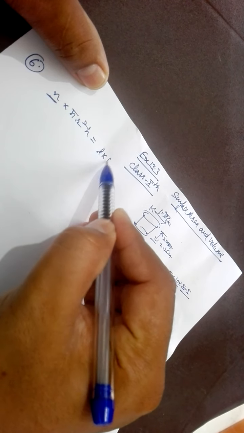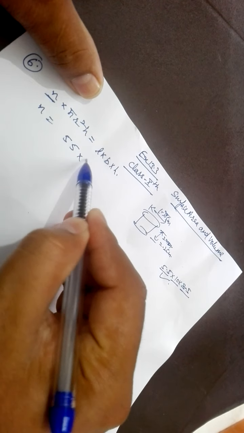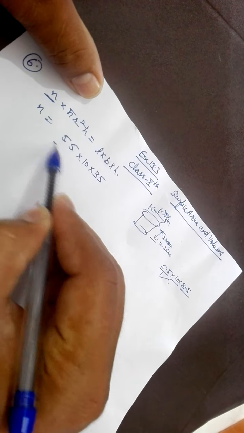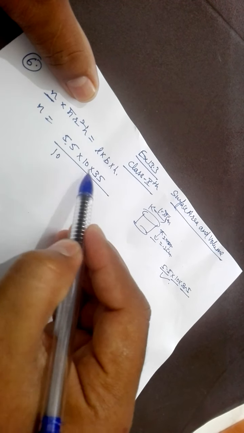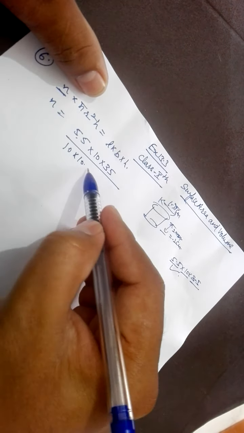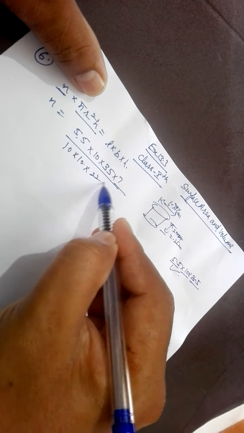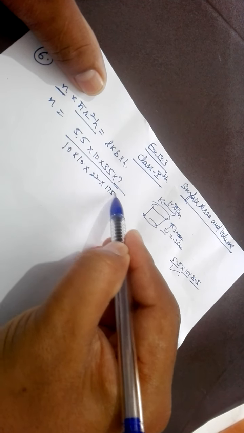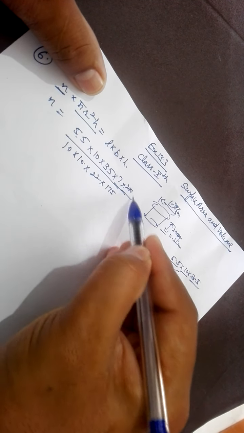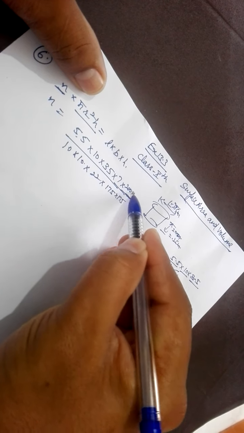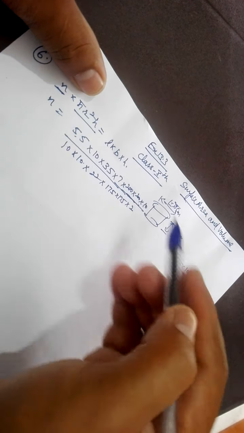Now what is the volume for the cuboid? L into B into H. N into pi r square h equals 5.5, 10, 3.5. Now for this 5.5 I write 10 in the denominator, and for 3.5 I write 10 in the denominator. Now what is this? Pi is 22 by 7. What is for R? 175. This is diameter 1.75, I write it 175 into 200. What is H? 0.2 centimeter, that is 2 by 10.